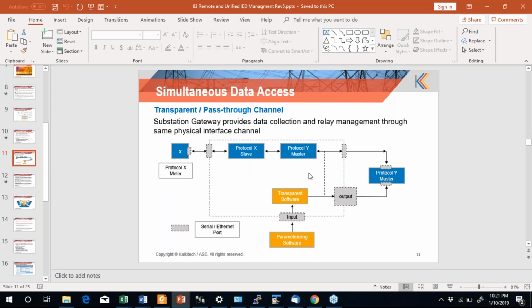One is pass-through having the highest priority. If the user configures highest priority for the pass-through channel, when there are any messages on it, the main channel will be blocked temporarily for the timeout period, and the message will be processed and the reply sent. Then the next transparent channel request will be processed and its reply sent. That is if the highest priority is put for the transparent channel.